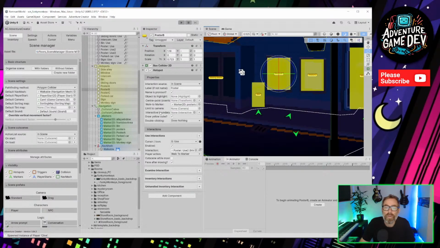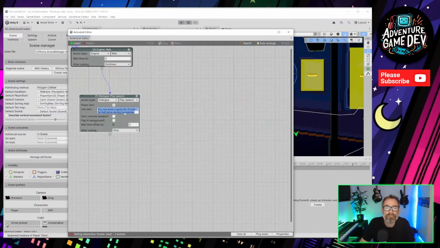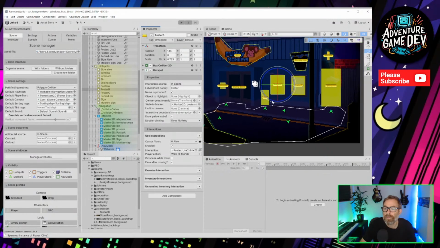I spelt November wrong on one of these. Sometimes when you click, it highlights it all in blue, and you tap a key, the whole bit of text disappears, and it's happened to me far too many times. If I pressed N and hadn't realised, that would have just wiped the text. You can't undo it, which is very annoying.